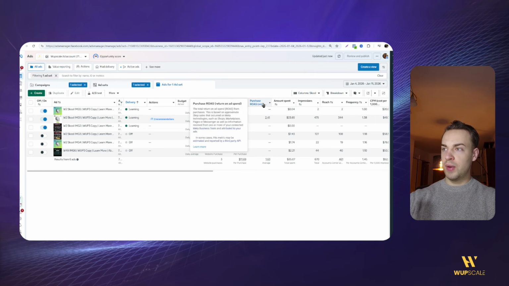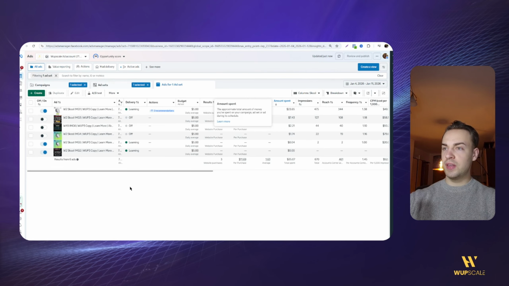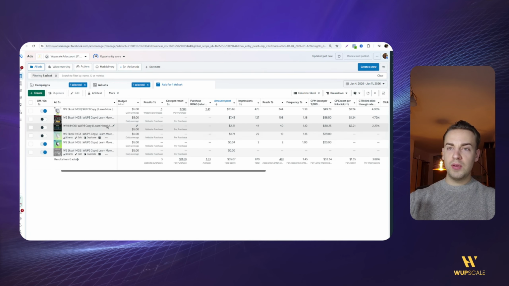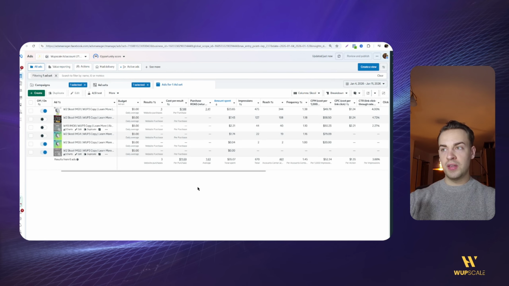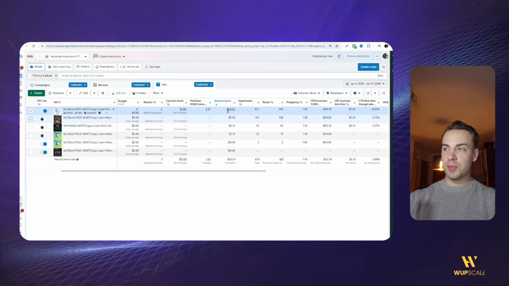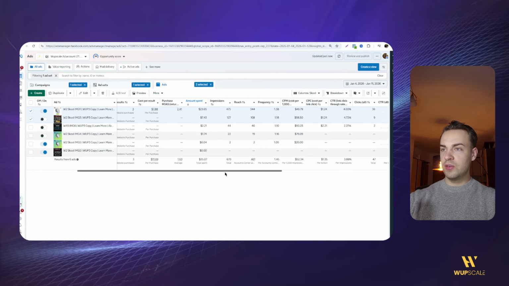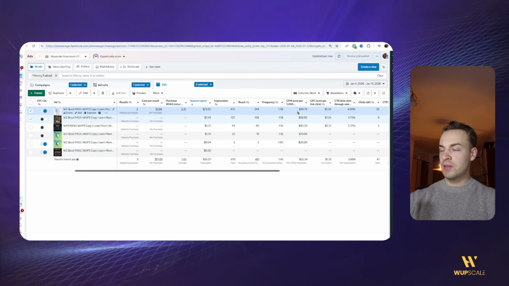And if I sort by amount spent, let's click on amount spent, and then it's going to sort by the highest spending ad. You see by using ABO and just $5 a day, Meta is actually optimizing the ad spend to the best ad. So you will see these two ads spend the most, so it's only $35 so far. But the ad at the top spent $23, and then this one $7. And you see that the numbers are good on both of these ads. CPM is good, even though it's better on the first one. CPC is both the same,